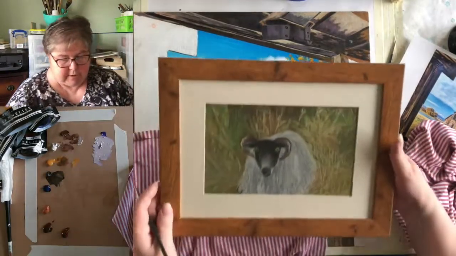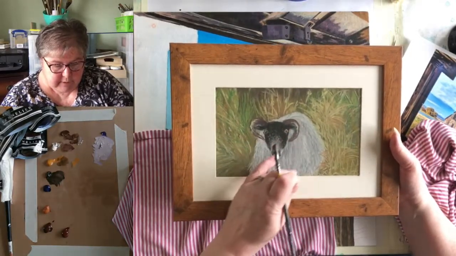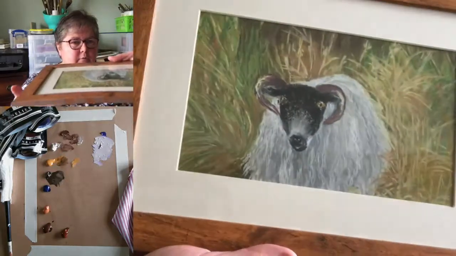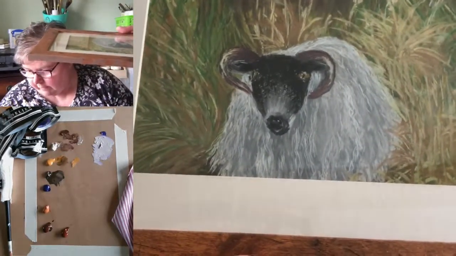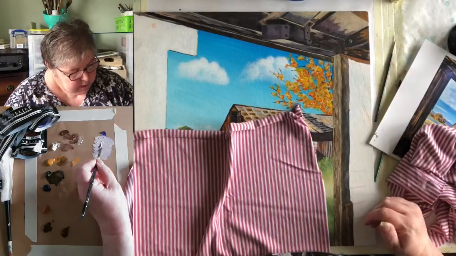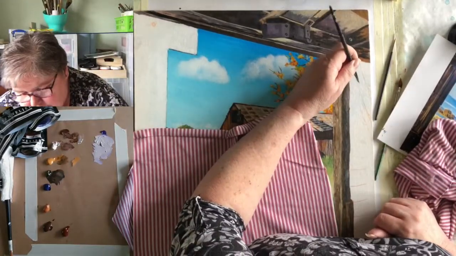Yeah, this is one of the pictures I did when I was pasteling, with the grasses and this coat, this fleece here. I don't know if you can see that? Probably not. It's glaring a bit, I think. Have you got it? Yeah. Okay, so yeah, something like that might be quite nice. But then again, that's on again with the